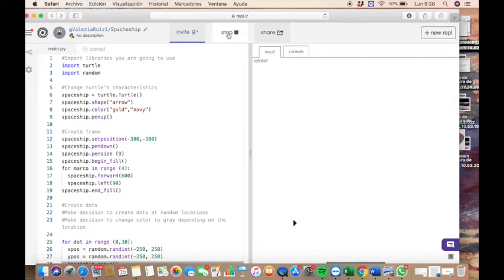Before we start, we need to write the code: import turtle and import random. Import random will help us later to create the dots and the stars in random places. Then we would like to change the turtle's characteristics. So we use spaceship equals turtle. Then we're going to change the shape to arrow, then the color to gold and navy, and then the pen up is